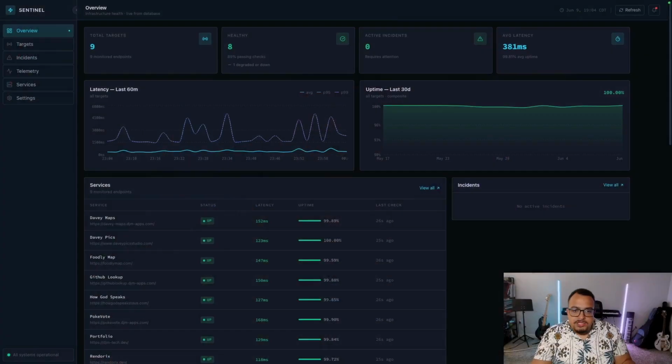So I wanted to just show off what I've been working on here with Sentinel is what I've called it. It's an amazing name. So let me just talk about it really quick. So what is it? It's an observability dashboard. It's something that I have a roadmap for of things that I want to add. But what it's doing right now is I have this overview page, which really this was my MVP. I built this, made some small improvements